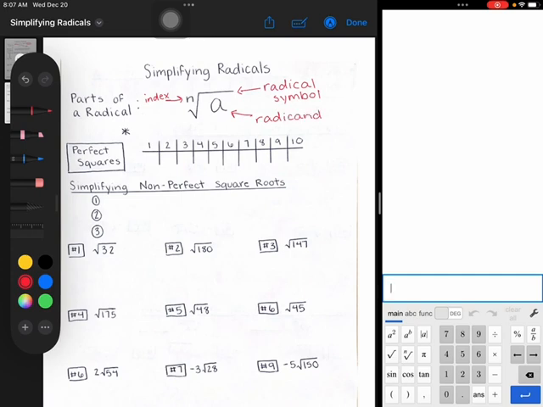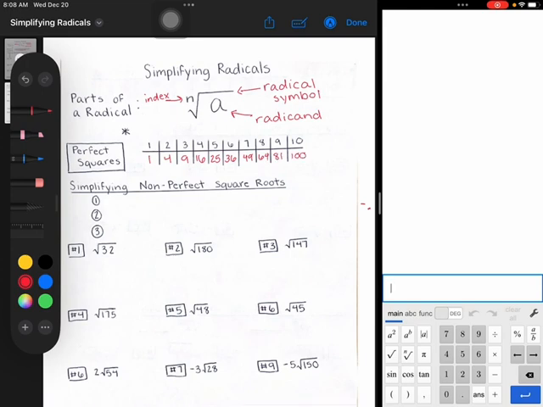The radicand number. So here we're going to list off some perfect squares because it's going to be important that we know the perfect squares in order to simplify radicals. So the first one, 1 times 1 is 1. 2 times 2 is 4. 3 times 3 is 9. And we're just going to continue that pattern. So 4 squared, 16. 5 squared, 25, 6 squared, 36, 7 squared, 49, 8 squared, 64, 9 squared, 81, 10